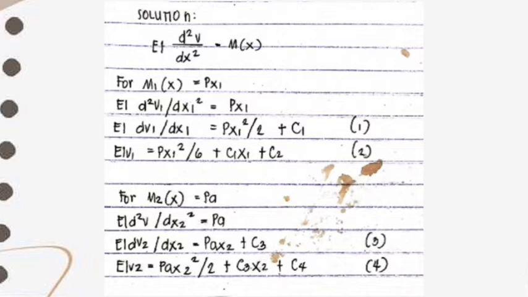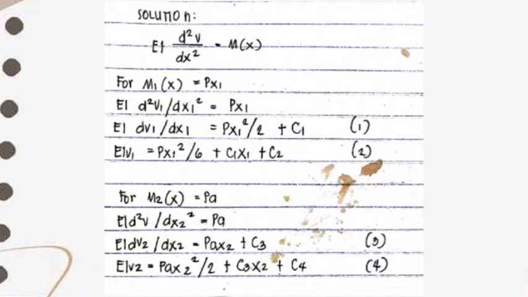For our M2 of x is equal to Pa, we have EI d squared V2 over dx2 squared is equal to Pa. EI dV2 over dx2 is equal to Pax2 plus C3. EI V2 is equal to Pax2 squared over 2